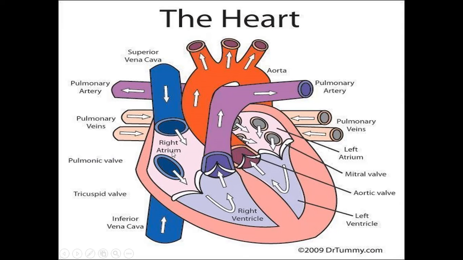So what are they? Right atrium, left atrium, right ventricle and left ventricle. There are valves in the heart such as the tricuspid valve, pulmonary valve, superior vena cava, inferior vena cava, then mitral valve, aortic valve, etc. In the heart there are four chambers and it consists of valves which are present between the